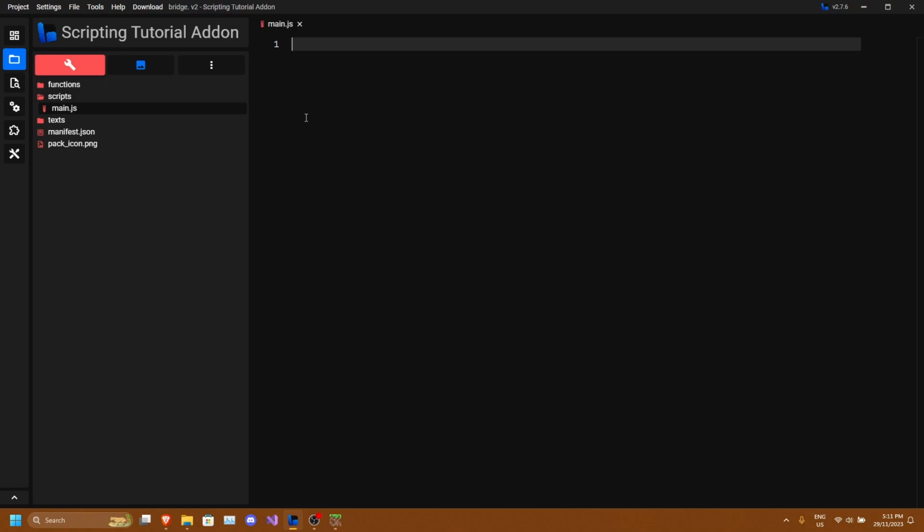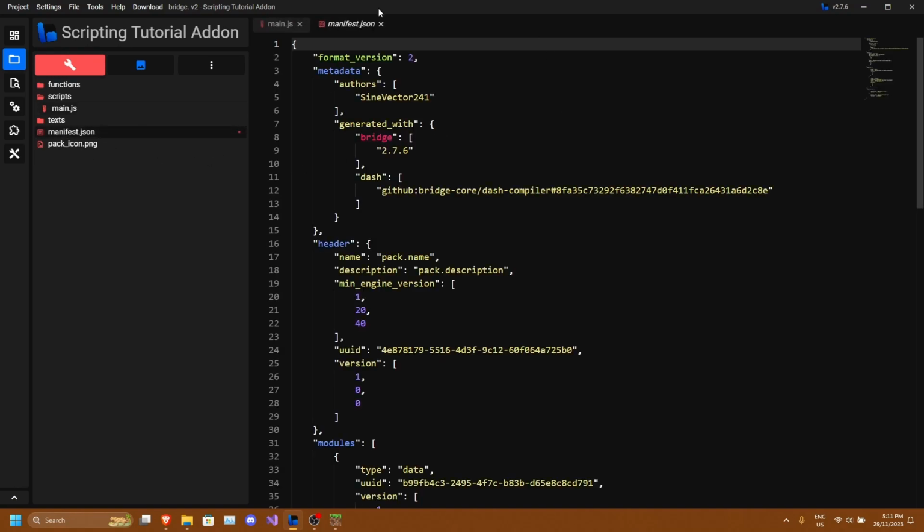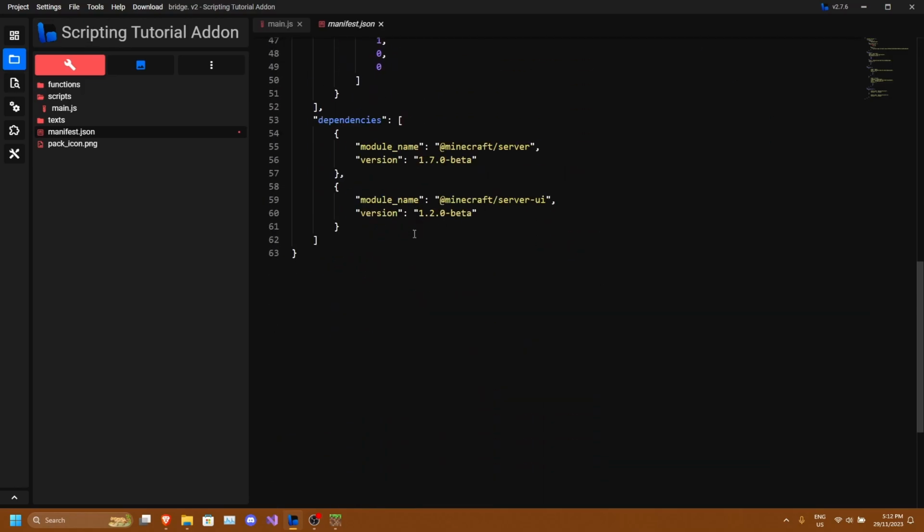The first thing that we want to do is make sure our server UI modal form is available for us. To check that, all we have to do is go into manifest.json and see under dependencies that we've got the server-UI module enabled. Once you have that set up,